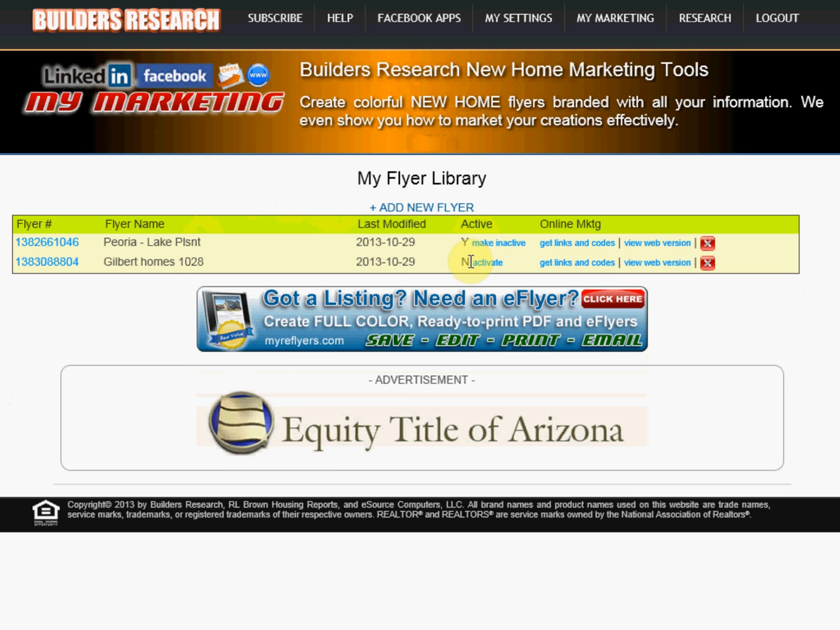If people try to view it, or you've already sent out a link to it or whatever, they'll just get a message saying that the flyer is currently inactive. But go ahead and leave it inactive until it's actually done and ready to publish. But make sure that when you do publish it that you have switched it, otherwise they're going to get that message. Links and codes we'll look at in just a second, but let's look at the web version